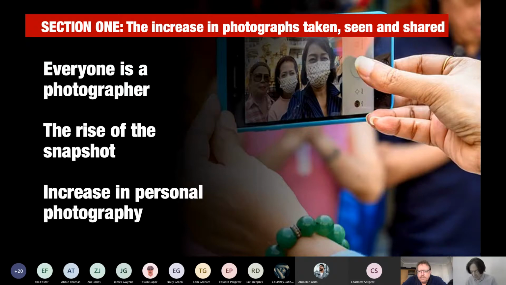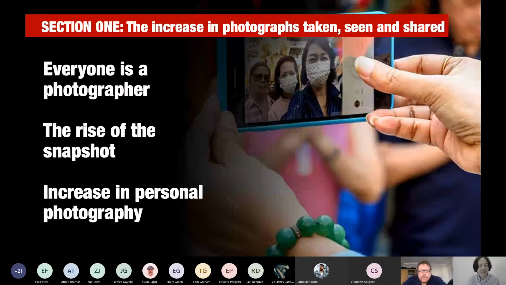So what he's saying there, end of that quote, is that everything has substantially changed, specifically through this rise of photographs and through images. And again, I'm going to stress this because I think for you guys, this has happened really slowly and gradually in your lifetime. You've probably not really been aware of the massive shift, but everyone is a photographer, you know, having the mobile phone and essentially having that mobile phone become a computer, but a camera, and a camera that can also share the images that it takes. So its connection to the internet has been really important. It is a massive shift for all of us, but for society in itself,